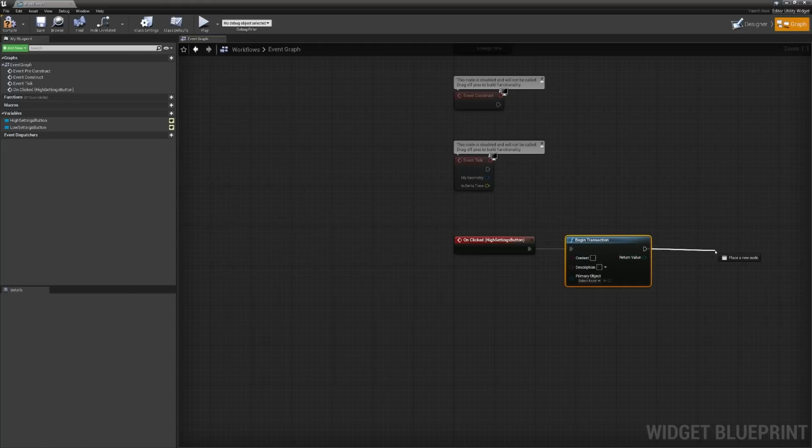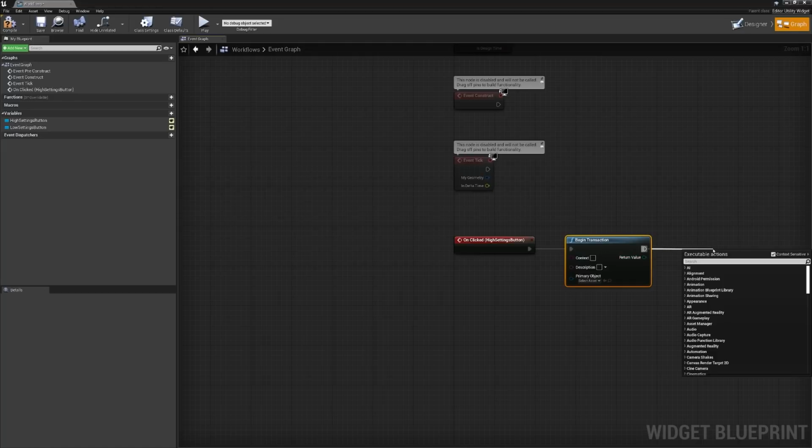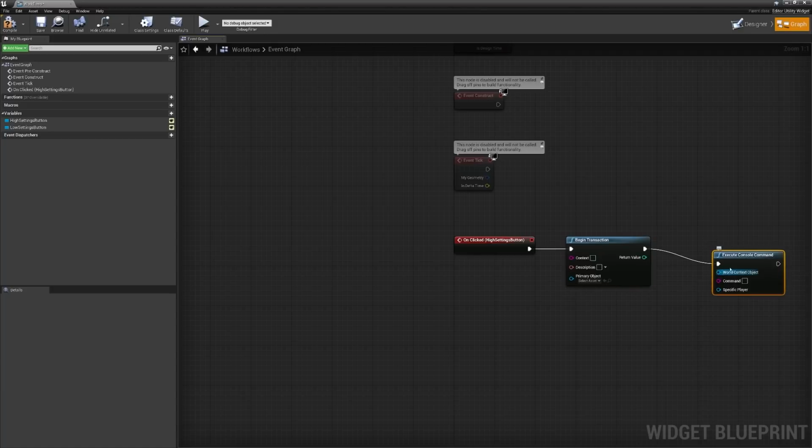Now I can drag out from this side, let go, and you'll notice those executable actions pop up again. I'm going to type in execute console command. In the command, I'm going to type in the variable I want to change.